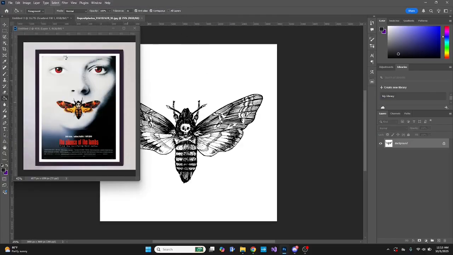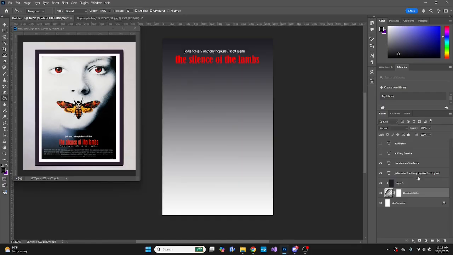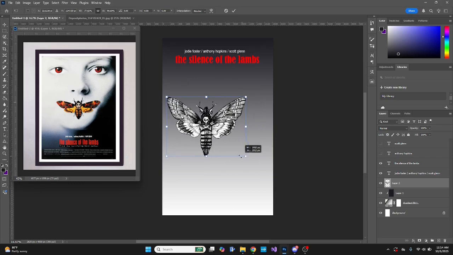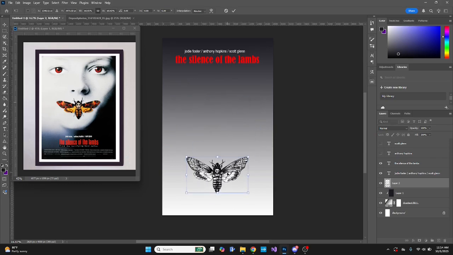Here's the moth, and I'm going to just cut it out and stick it on here, make it smaller,